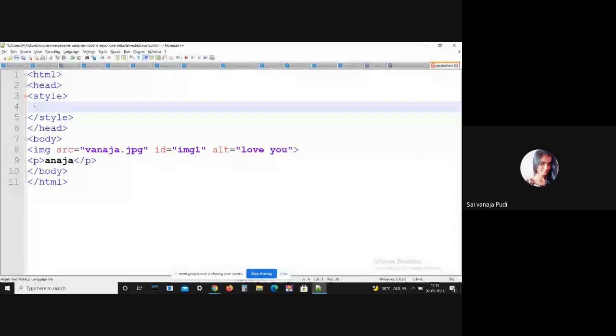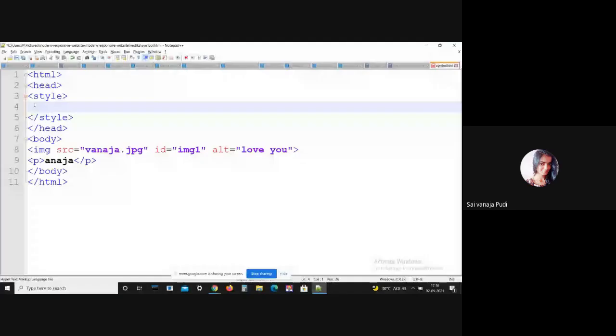Effect means this hover selector. Generally, this hover selector is for selecting the elements. When we move the mouse on them, it generally changes to another color. See, in many websites, you can clearly see that when you click on